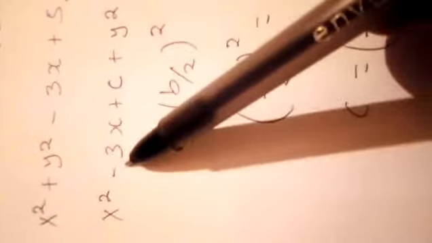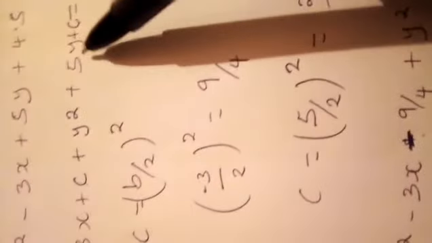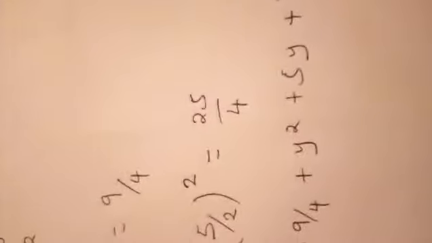Let's check here. Our 9 over 4 is actually supposed to be a minus. Yeah, this is a negative sign. So 9 over 4 should be a negative sign, because if we look at our p here, our p here is a negative sign, and our p here is actually a positive sign. So that's why once we get our c here, it actually becomes a positive. So it's going to be equivalent to negative 4.5